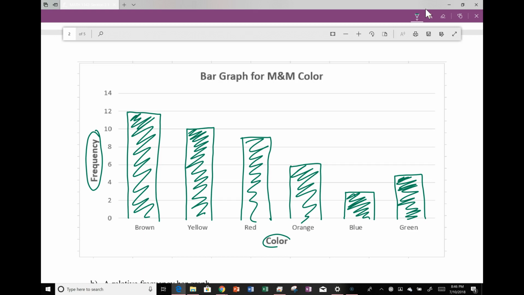When you're drawing these, you'll also notice that over here on this frequency, I counted by the same value on each line. In other words, I did not go 0, 3, 5, 8, 9, 10, 15, that type of thing. I counted by 2s. I went 0, 2, 4, 6, 8. You are more than welcome to make your scale whatever you need it to be. You may need to count by 5s. You may need to count by 100. What we do want to point out, though, is that you always start with a 0 on the bottom.